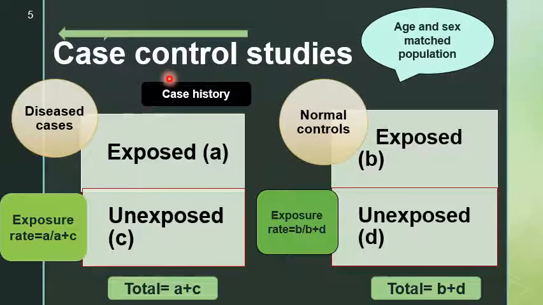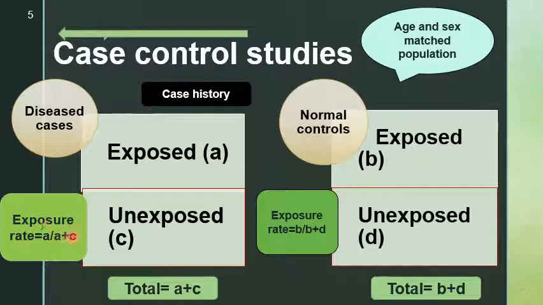Let's understand this. These are the disease cases, or lung cancer cases. I have started taking case history. In the case history, I have got two types of patients. One set was smokers, group A, and the others were non-smokers, but they still had lung cancer. And from the case history of the normal group, who didn't have lung cancer, I will have a few smokers, group B, and non-smokers, group D.